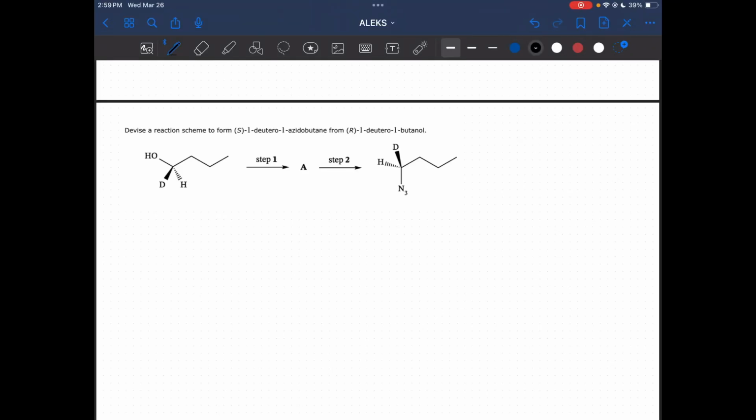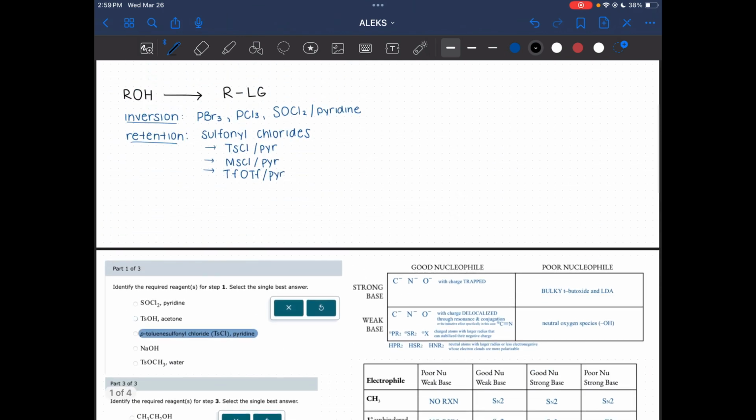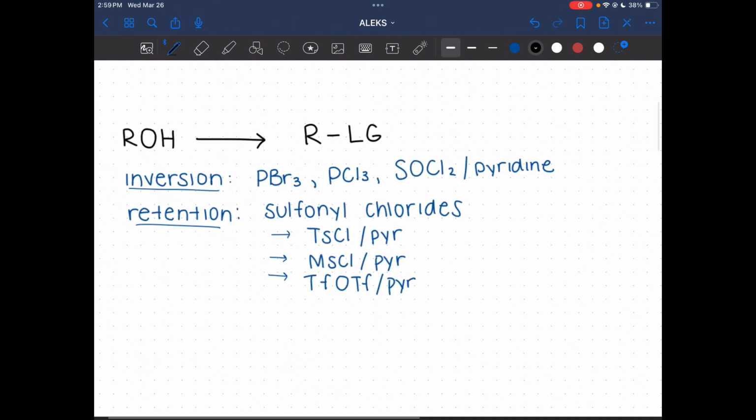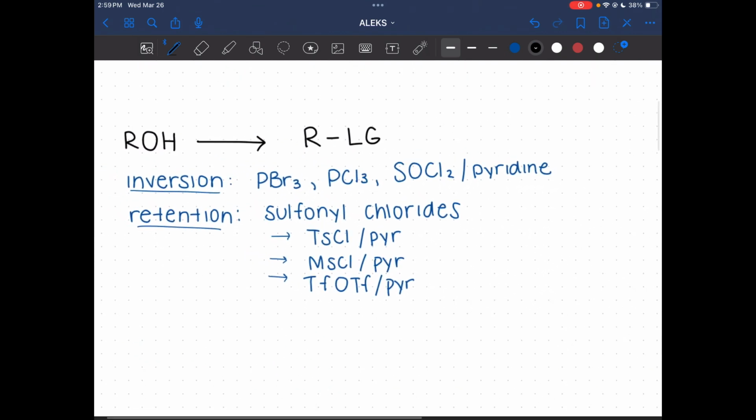All right, for this next problem, now we're dealing with only a two-step reaction scheme. Before I go into this, I actually recorded the last one first. I have it up here. I want to say one thing really quick about alcohol activation, just to clarify why we're introducing these